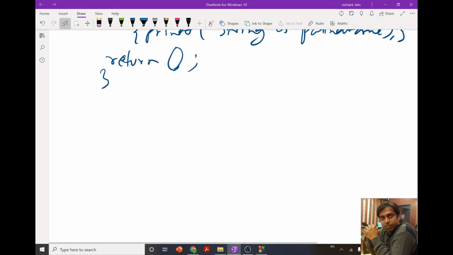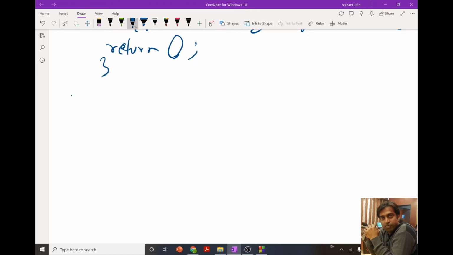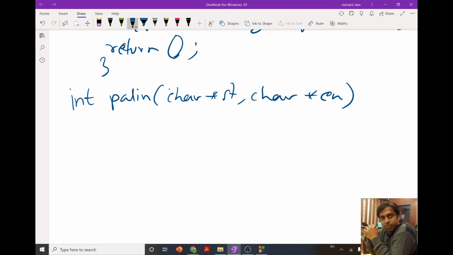Now after this we will come to the definition of the function. In st and en, these two variables or pointers will carry the address of the first character and the last character.